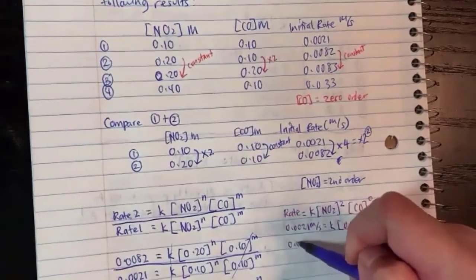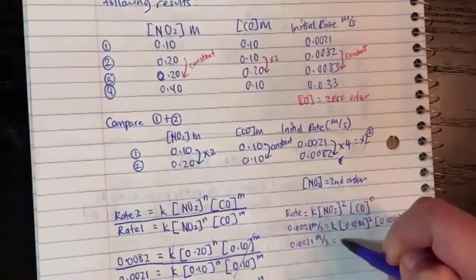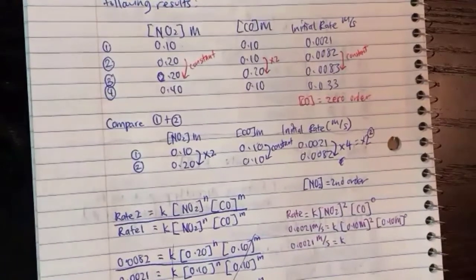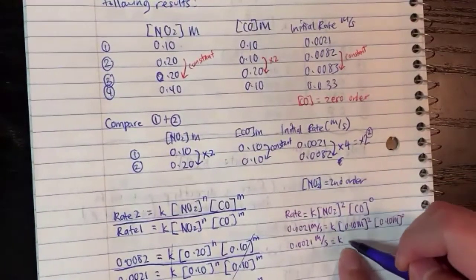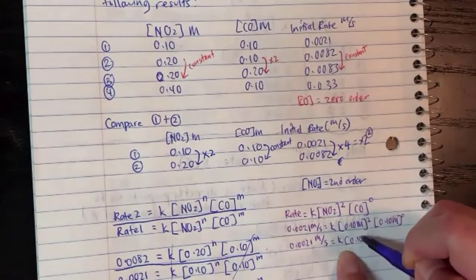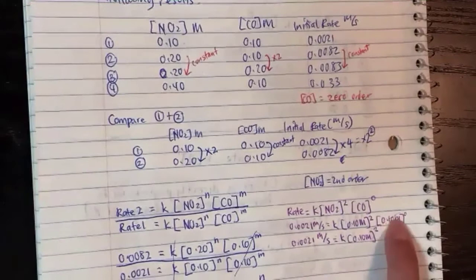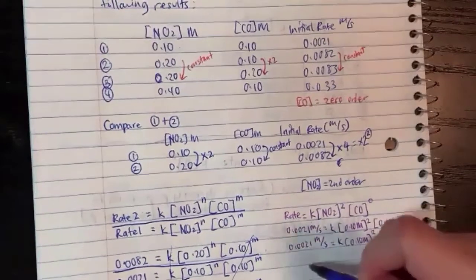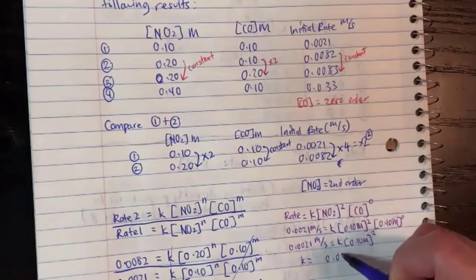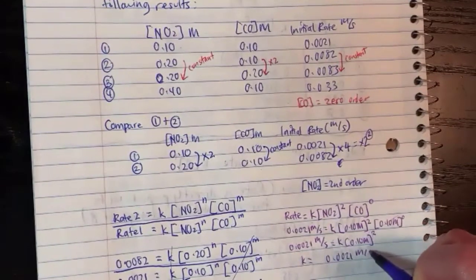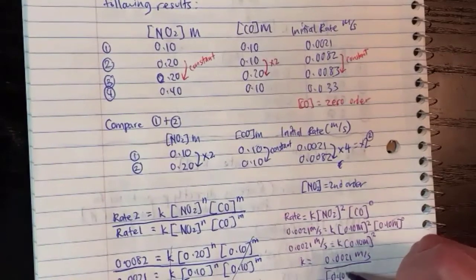So 0.0021 molarity per second equals K, and then what's left over here, basically I'm just rewriting it. Okay, that's squared, and then that term just disappears, it turns to 1. So now if I want to solve for K, I take 0.0021 molarity per second divided by this term, 0.10